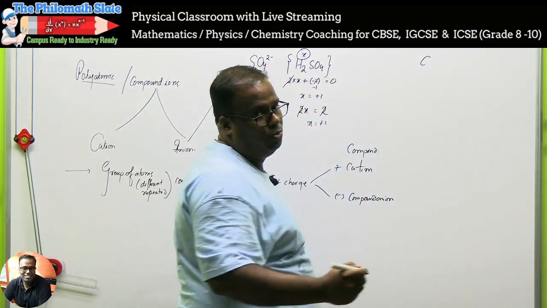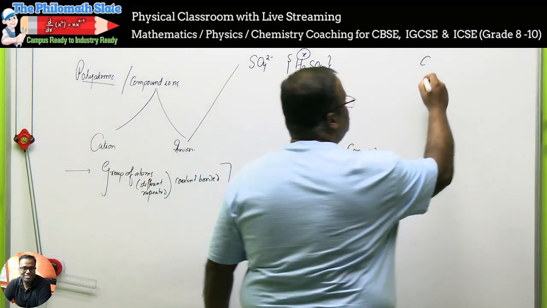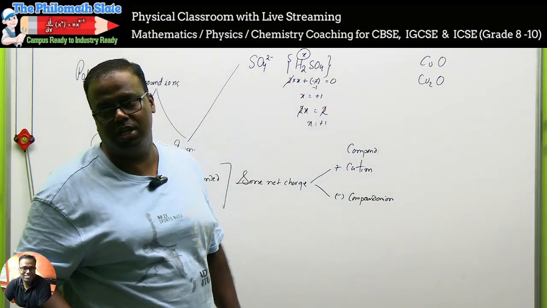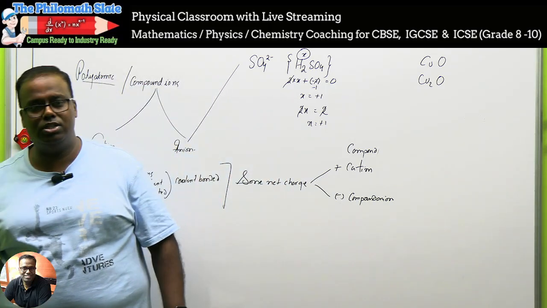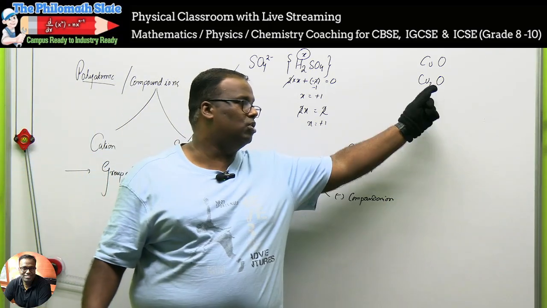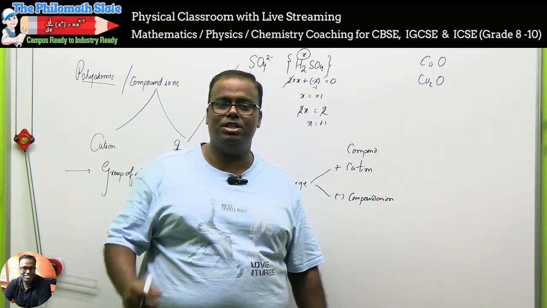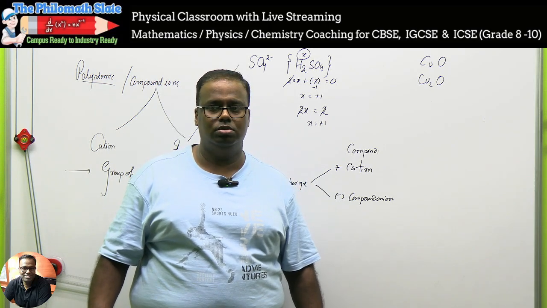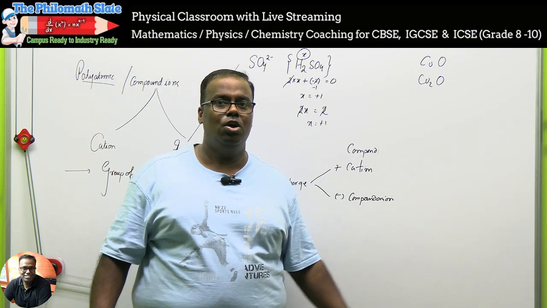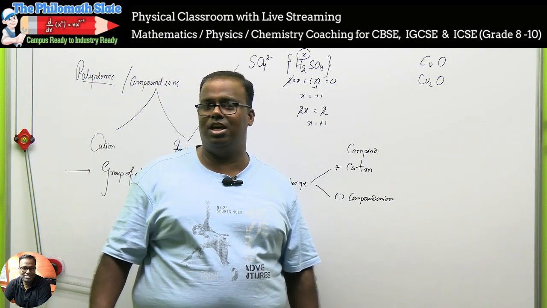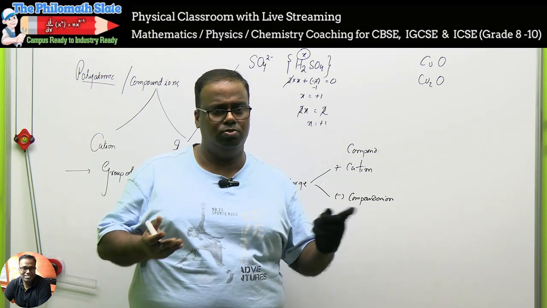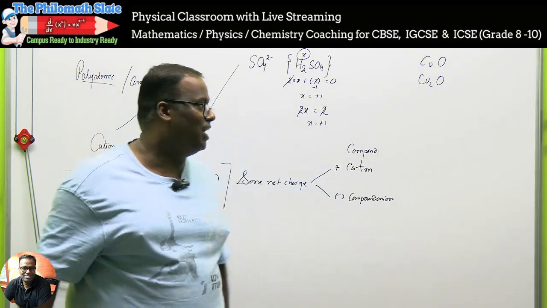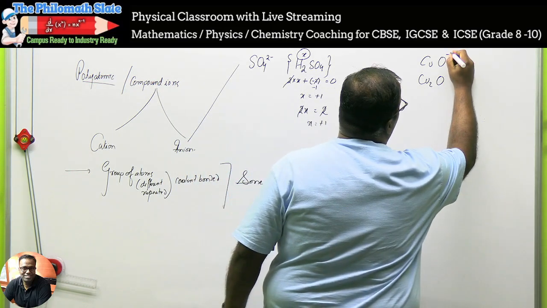Copper oxide in this world is found in 2 ways. One is CuO and one is Cu2O. कॉपर के 2 ऑक्साइड्स होते हैं बेटा, CuO and Cu2O. ठीक है ना? अब देखते हैं कौन सा कैसा है. What is the oxidation state for oxygen? You straight away know. Oxide as an ion carries minus 2. Hey Nidhi, why didn't you answer this? Oxygen as an ion, not oxygen as an atom. Oxide ion carries minus 2. We just saw that. 8 minus group number, 8 minus 6. Okay, so this is minus 2, this is minus 2.